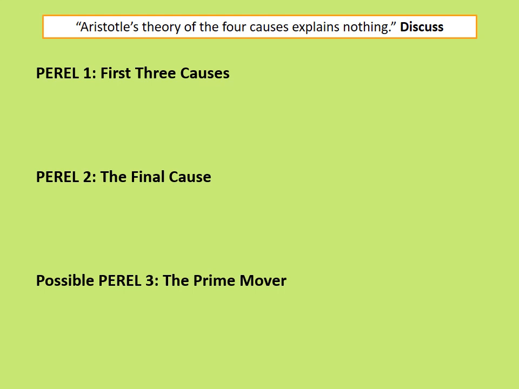And that's easy to criticize because you can say, well, hold on, the Big Bang Theory proves that we actually don't need a telos, a final cause of the universe. We need an efficient cause of the universe, and so that would be like a god rather than a prime mover. Or you could say that, well, it's really difficult to understand how a being like the prime mover, which is supposed to be non-physical, can explain change in the physical world. There doesn't seem to be any way to understand that.